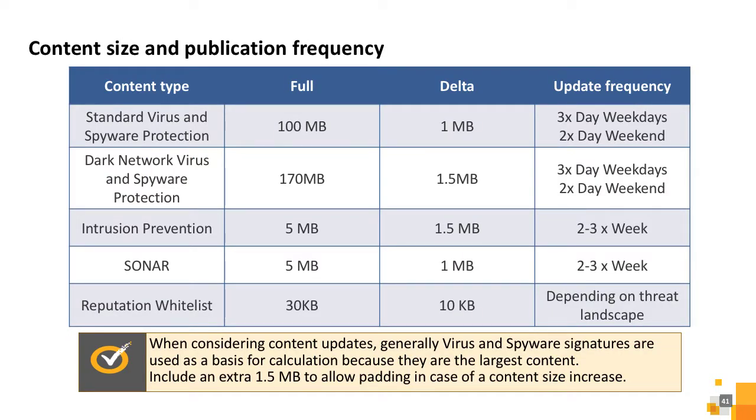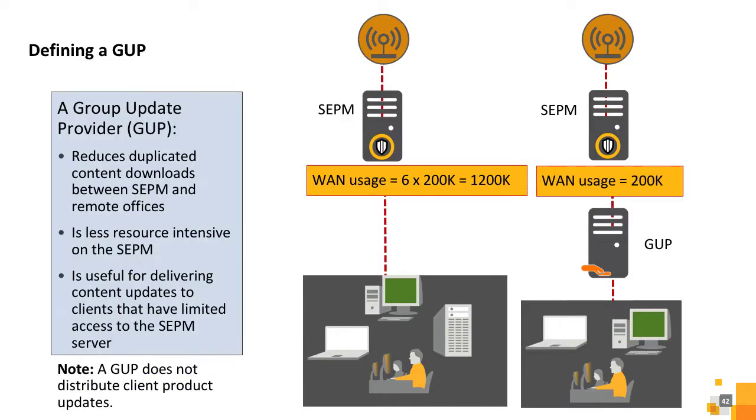This slide shows content size, which grows over time. The content sizes in this slide were recorded on January 2017. Note that each content type has its own release schedule, which is why all protection engines on the SEP client do not report the same date. Content is usually downloaded from a Symantec live update server to the SEPM, and SEP clients retrieve their content from